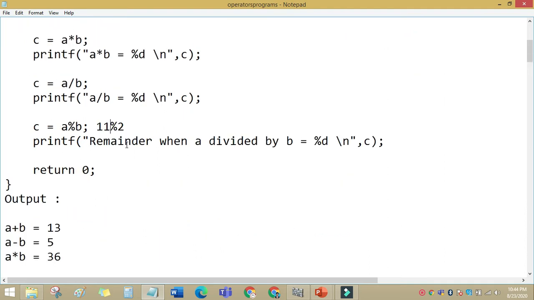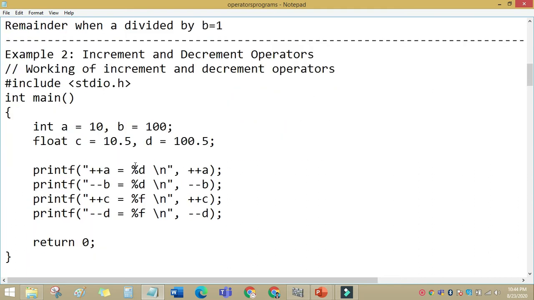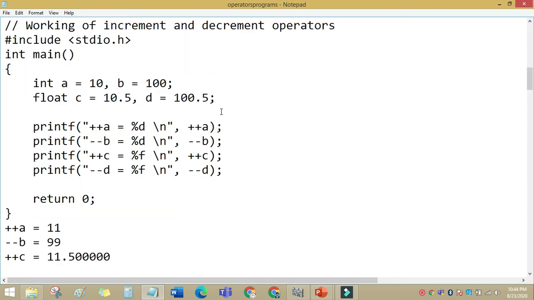And the second one is the increment and decrement operators. As I already told, the plus plus symbol is a unary operator because I am using only one operand to perform the operation. Here I am using plus plus a, and I can also write a plus plus; it is also correct. If the value of a is 10, it will print 11.